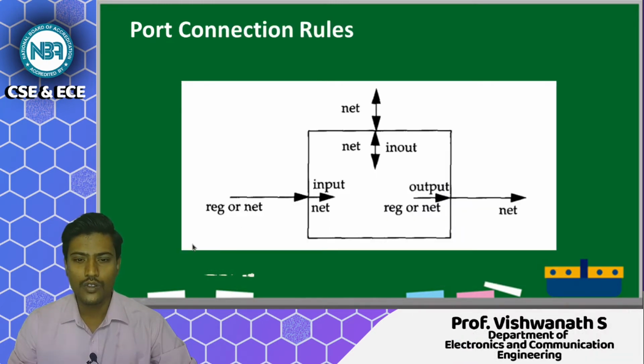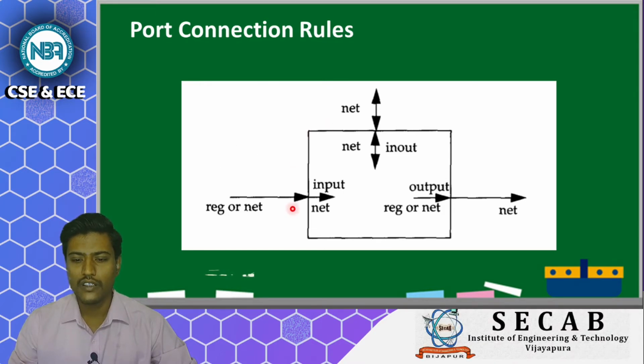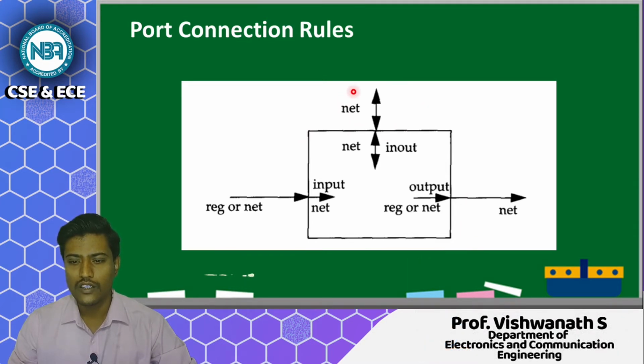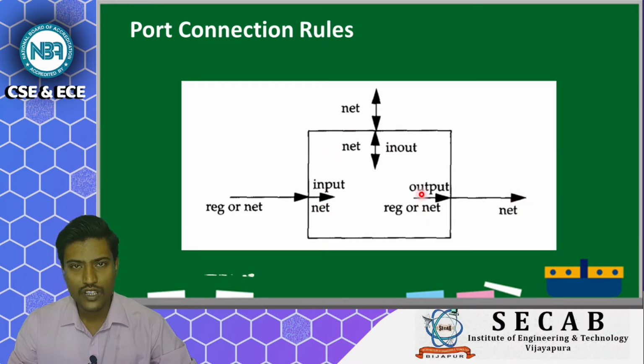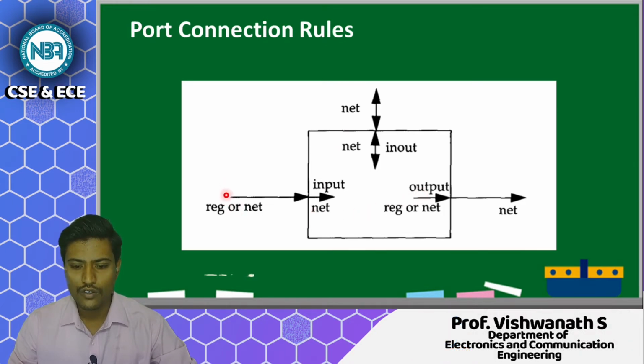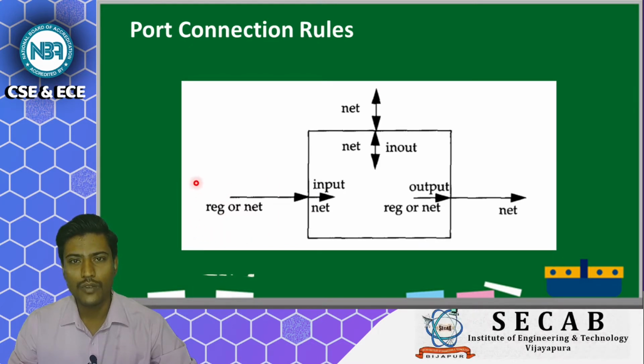Okay. So how are connections made in Verilog? Let me take this particular block as a module. These are the different connections coming from other modules, and these are the internal connections which are being made. Now, the external signal can be the value from a register, or the value from a net.